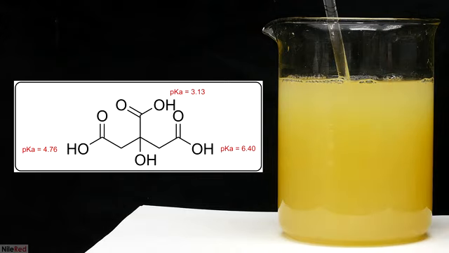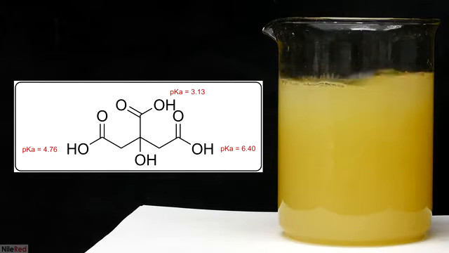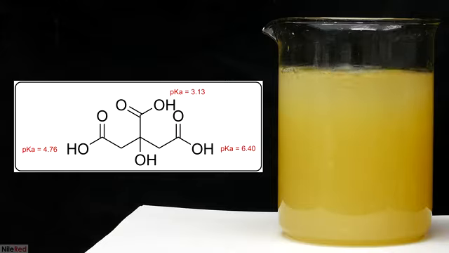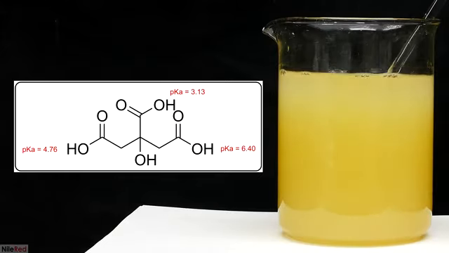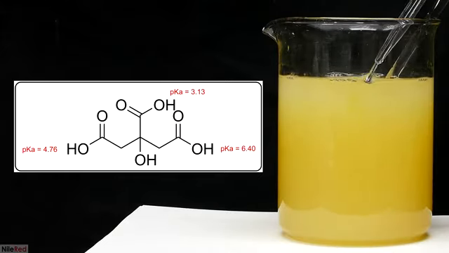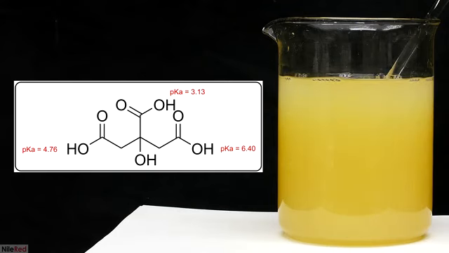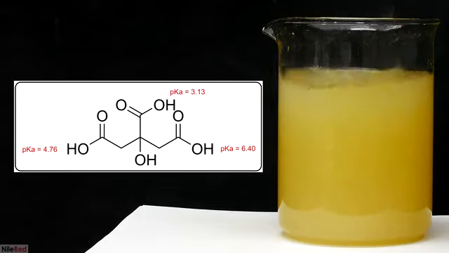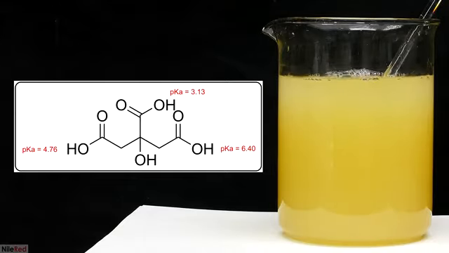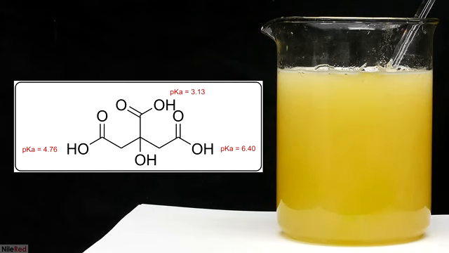The 3 carboxylic acid groups have different acidities, and they're not all neutralized at once. The strength of acids is often measured in pKa, where the lower pKa denotes a stronger acid. As more sodium hydroxide is added, the carboxylic acid groups will be sequentially neutralized, going from the strongest to the weakest. To fully neutralize an acidic proton, a good rule of thumb is to go to a pH that's 2 points above the pKa. So the most acidic proton here is the one with a pKa around 3, and to fully neutralize it,